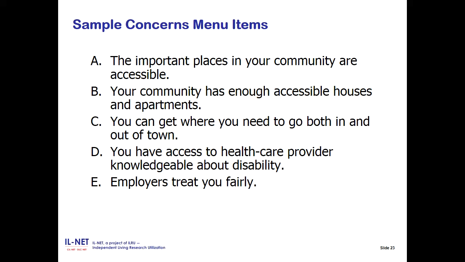These are samples that come from menus of the past, but each community creates its own. It's not one size fits all because rural communities vary tremendously. The steering committee selects somewhere between 25 and 30 items, and then community leaders, city and county officials, get to select an additional several items, both to make sure that the survey is complete and to increase their interest in seeing the results. Next slide, please.